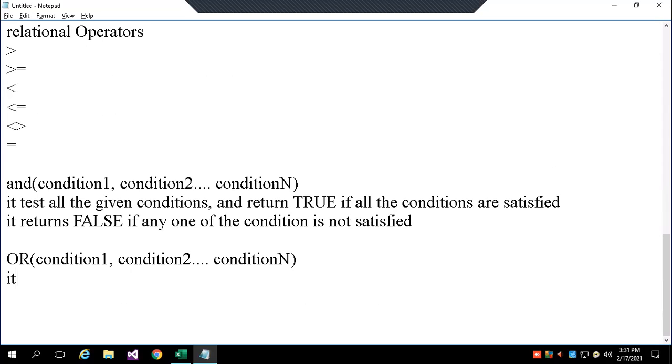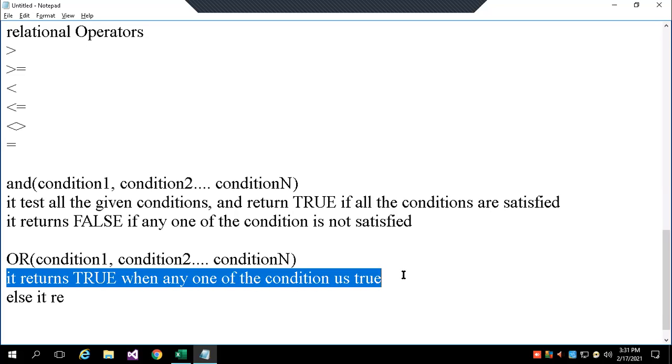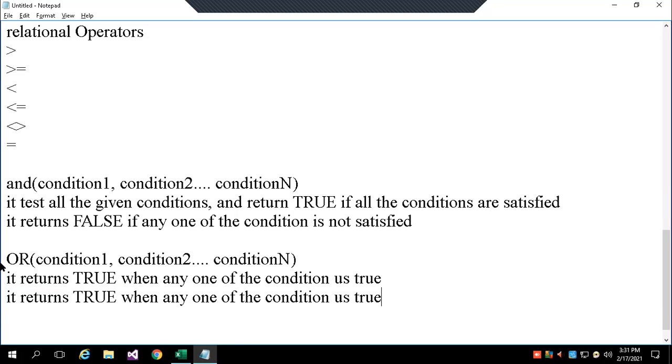So this function returns true when any one of the conditions is true, and it returns false only when all the conditions are false.